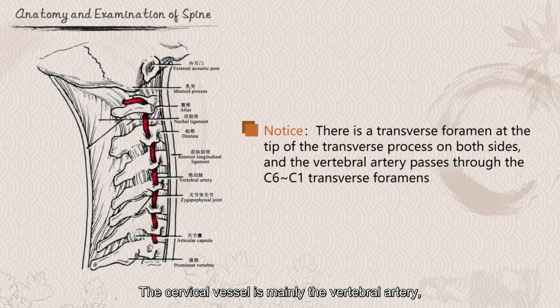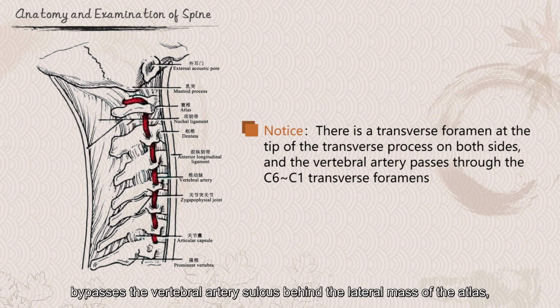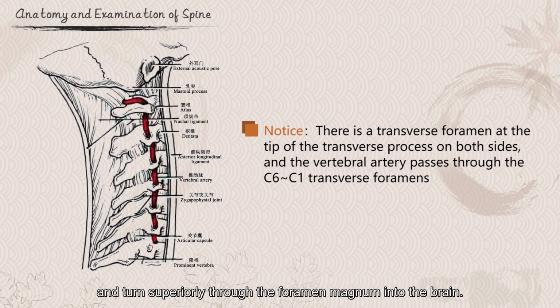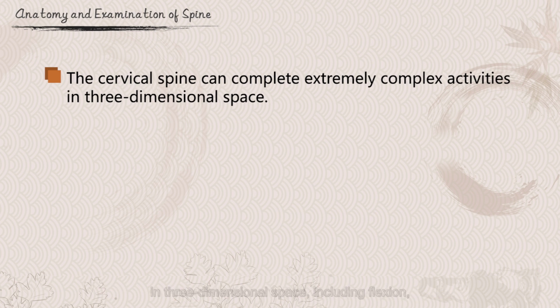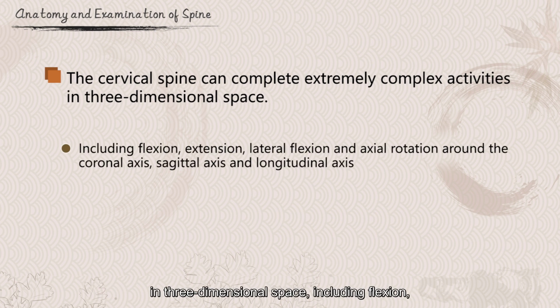The cervical vessel is mainly the vertebral artery, which generally rises after originating from the first segment of the subclavian artery, passes through the transverse foramen, except for the 7th cervical vertebra, passes through the transverse foramen of the atlas, bypasses the vertebral artery sulcus behind the lateral mass of atlas, and turns superiorly through the foramen magnum into the brain. The cervical spine can complete extremely complex activities in 3-dimensional space, including flexion, extension, lateral flexion, and external rotation